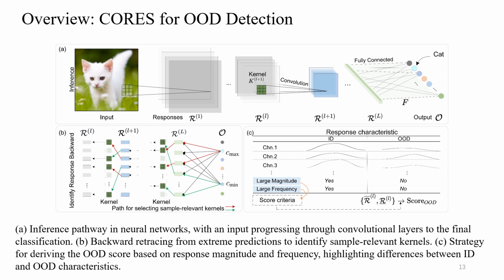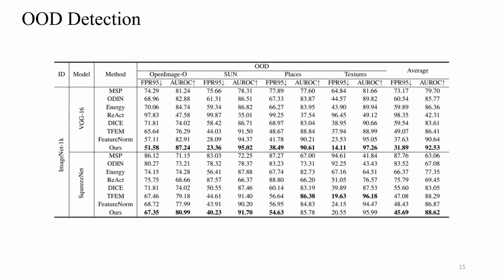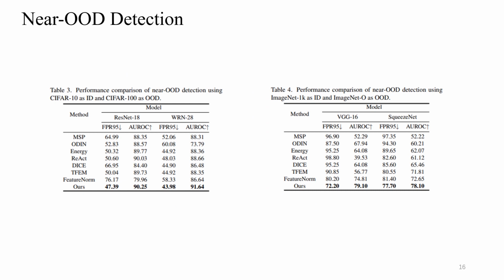and OD characteristics. In the experimental section, we test the effectiveness of CORES across various models and datasets, achieving optimal results in most cases. Our framework excels not only in standard early detection, but also in near early detection. This is particularly important for situations where the distinction between ID and OD samples is subtle and more challenging to